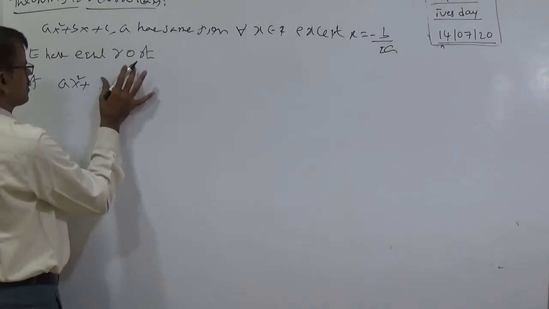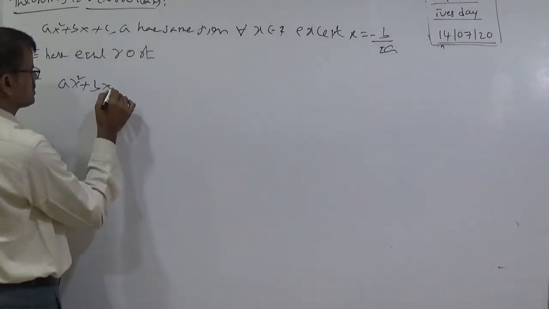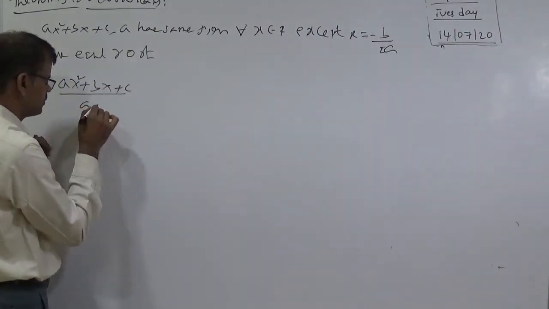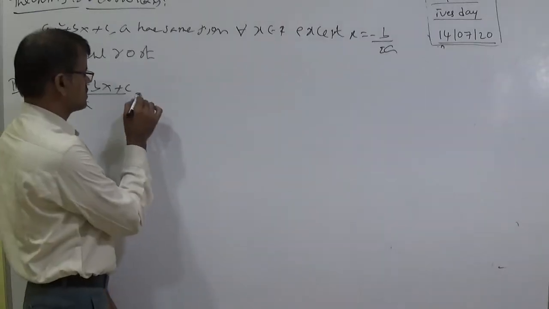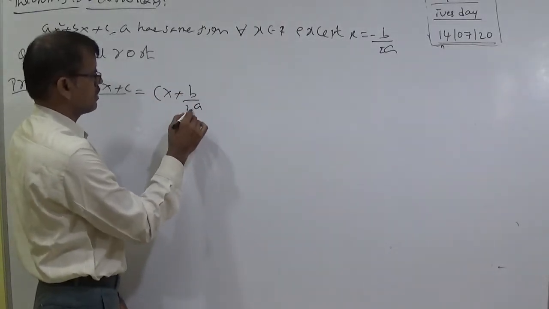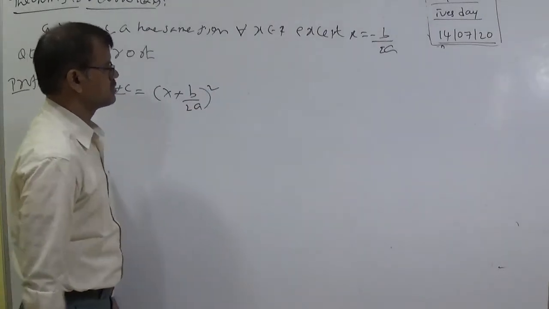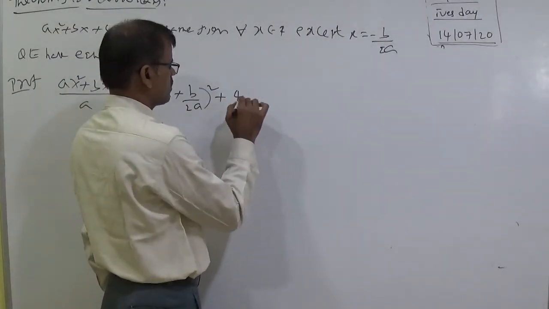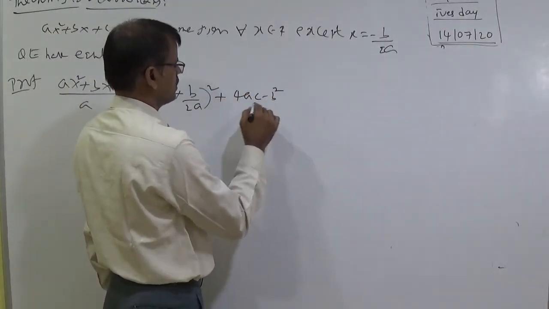You can say here ax square plus bx plus c by a, we can write, depending upon the previous theorem, as x plus b by 2a whole square plus 4ac minus b square